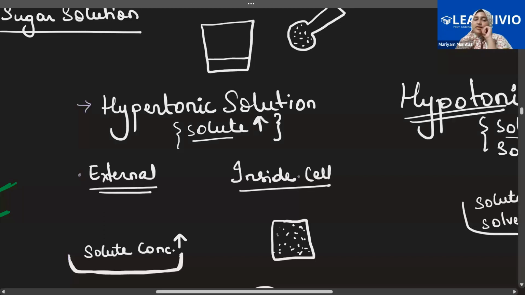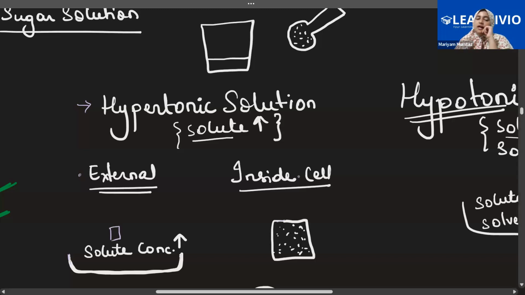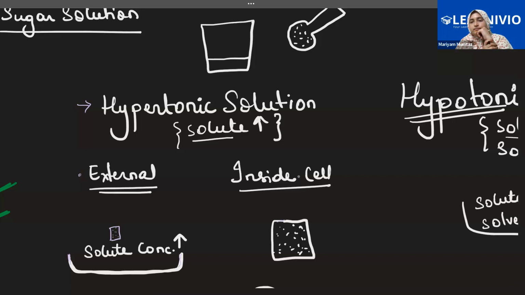See, in the hypertonic solution, we take the cell and we put the cell inside this external environment, the plate or the bowl, whatever it is. Now, tell me one thing. The amount of solute in the outer environment is high, right? And the amount of solvent is low, isn't it? What about if you compare it with the cell? The cell has high water or low water in comparison to the external environment? It has high, because normally the cell has a lot of water.